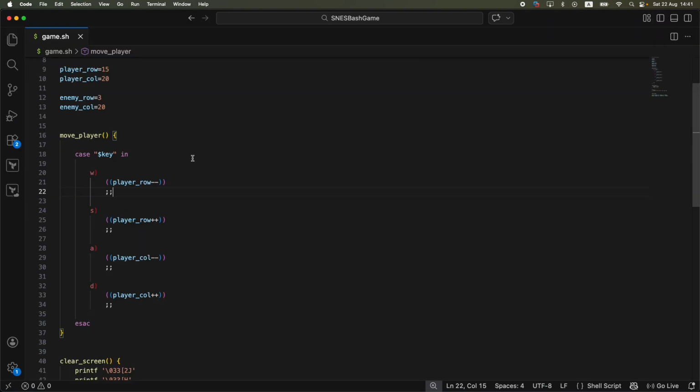I want my player to move, and in order to do so, I'm going to use the move player function. Inside of it, I'm going to have a switch case. Whenever I press W on my keyboard, I'm going to take the player row variable and subtract 1 from it. So from 15, it's going to be 14. If I press S on my keyboard, it's going to be 16, and so forth and so on. And I can move my player with W, S, A, and D. A case statement compares one value against several possible choices,